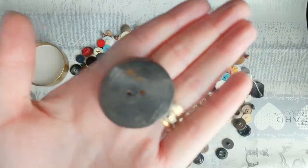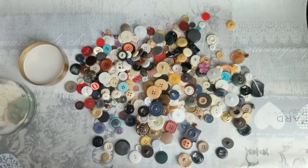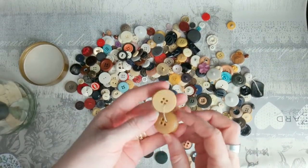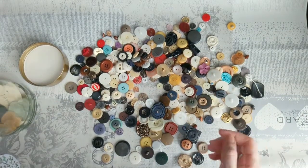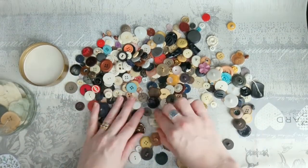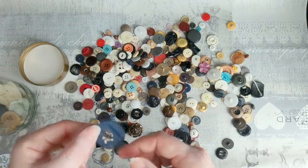Big, thick ones. Like the pattern on that. Some more kind of held together with string and stuff. Some still with... Where did I just find it? There. Some...